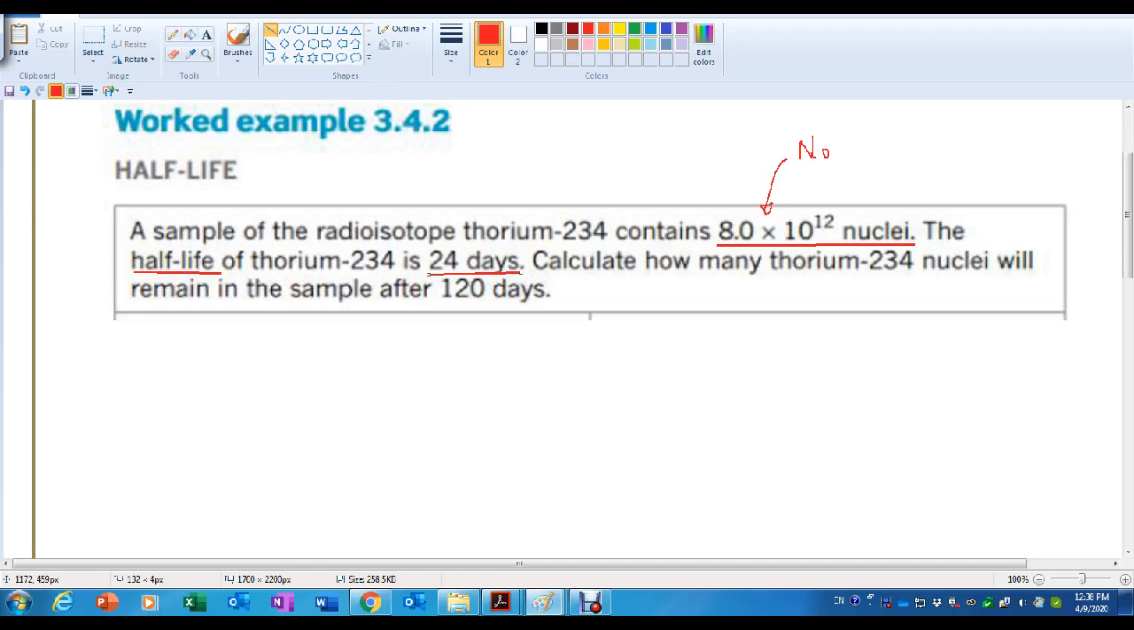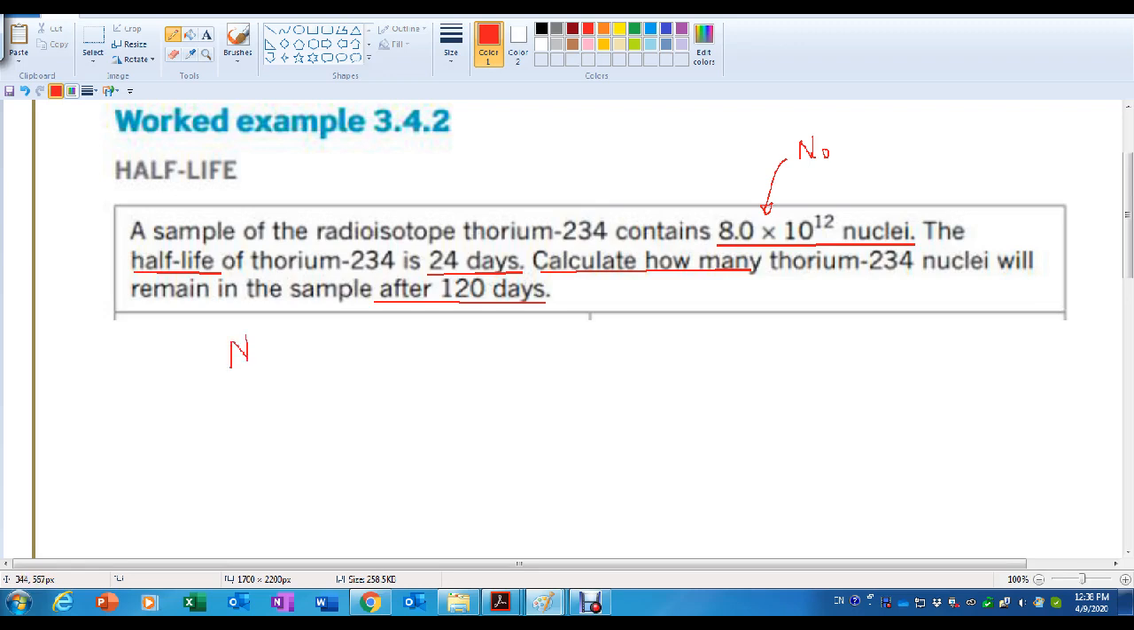Calculate how many thorium-234 nuclei will remain in the sample after 120 days. So let's think, if we use the formula, what we are going to use is